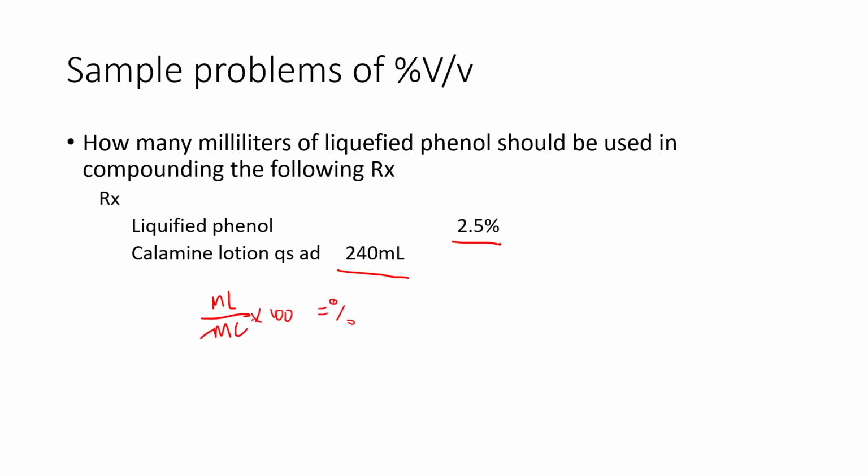Kompleto na po tayo sa baba at saka dun sa percentage. Ang nawawala lang po ay gano'ng kadami yung nasa taas. So x ml over 240 ml times 100 equals 2.5%. If we move 100 to the right, it becomes 0.025